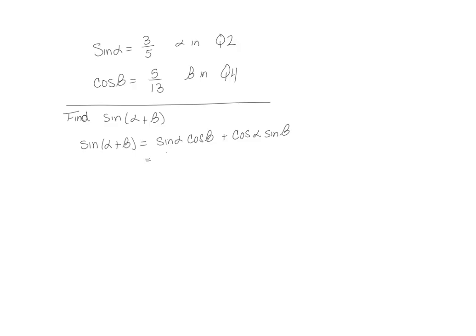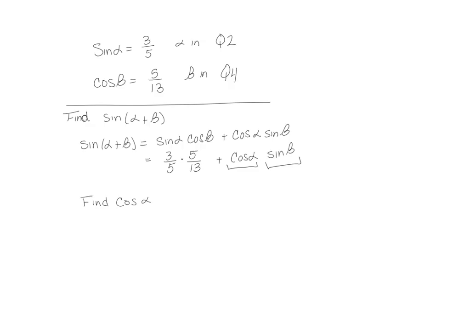Sine of alpha is 3/5. Cosine of beta is 5/13. We don't know cosine of alpha yet. We'll find it in a minute. And we don't know sine of beta yet, but again, we'll find those. Now to find each one of these, let's see if we can find first